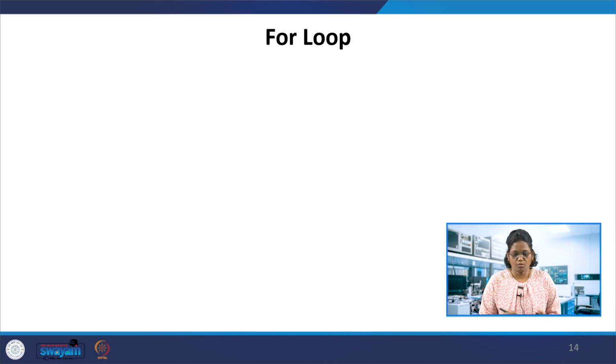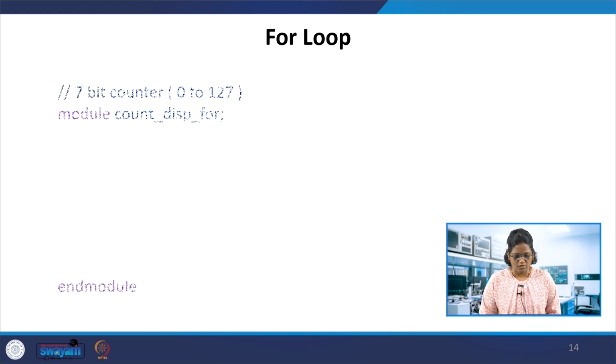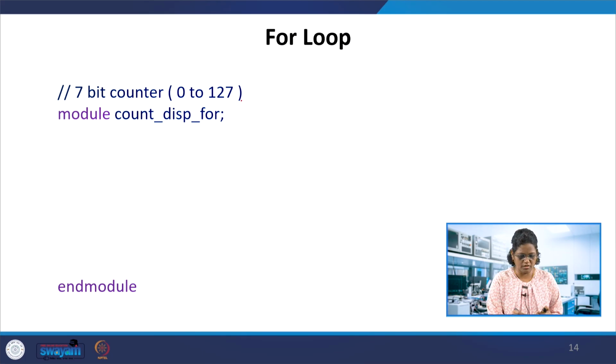So considering this for loop and other loops we have used, for example, how to create the clock and how to use it for designing this counter. So using that counter, for designing the counter, how to use this for loop, and how to use the repeat loop, also the forever loop, and so on. So these loops can be used to design a counter. So yes, this is a 7-bit counter. Here it counts from 0 to 127. The code we discussed in the previous lecture, I am just giving you the simulated output here.